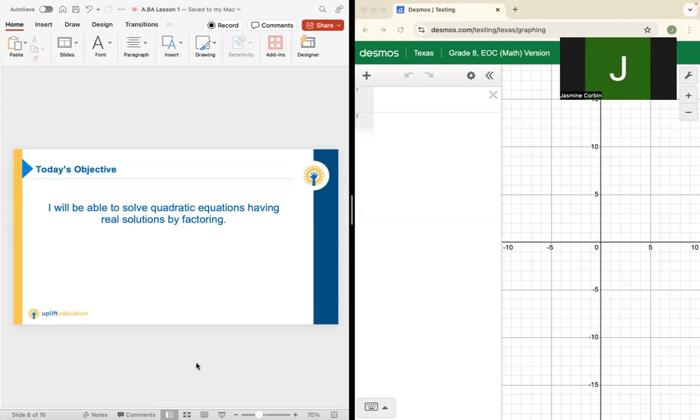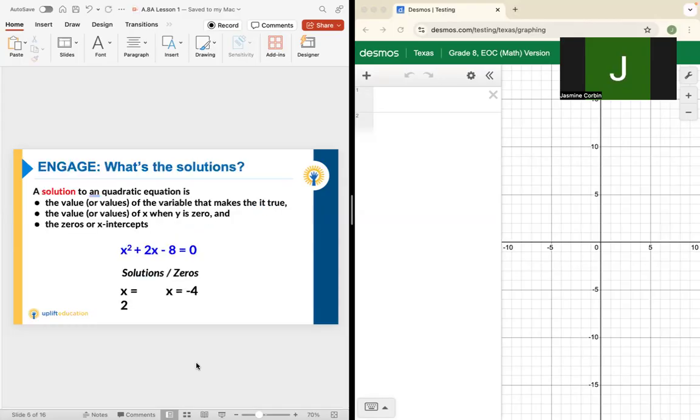Okay, so we want to talk about what is a solution in the first place. A solution for a quadratic equation can be one of three things. A solution can be described as a variable that is a value that makes it true. So for example, in our quadratic, our variable here is this x value, and this x value is represented by a number. And these solutions, it could be one, two, or no solutions at all,